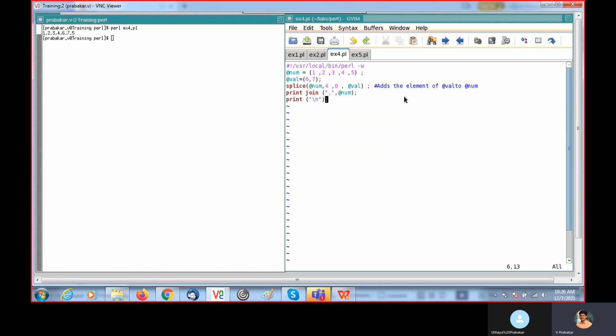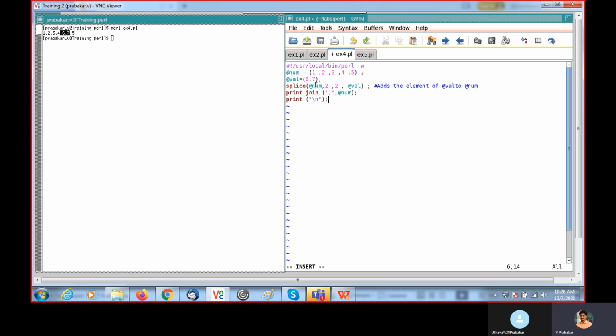The 6 and 7 are inserted at this fourth index, and we mentioned 0, so it is not going to replace the existing ones. It will add in this position.